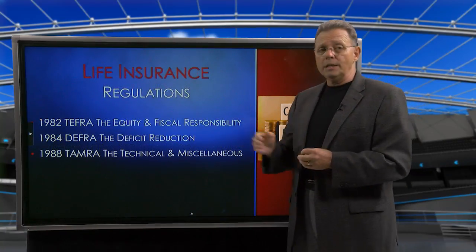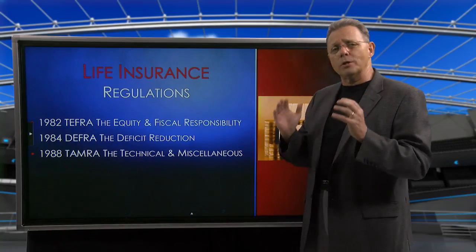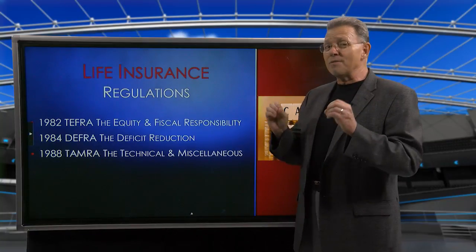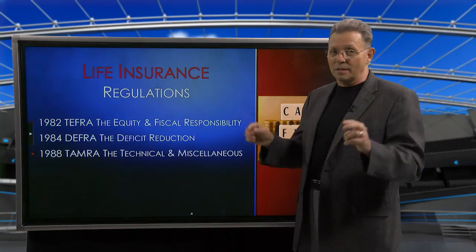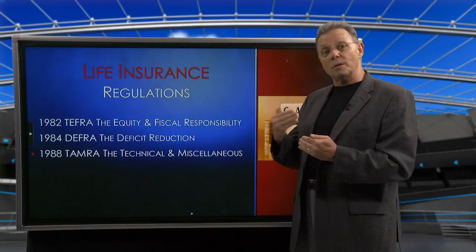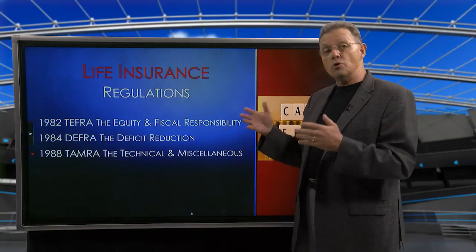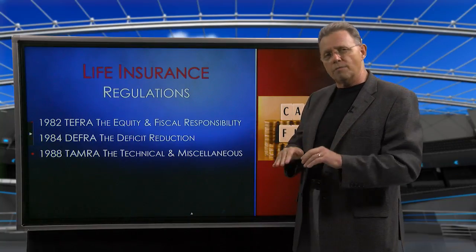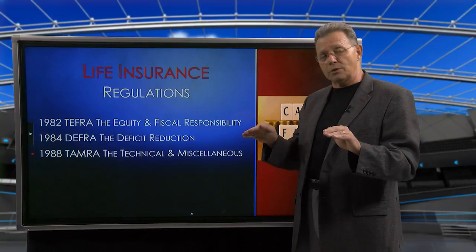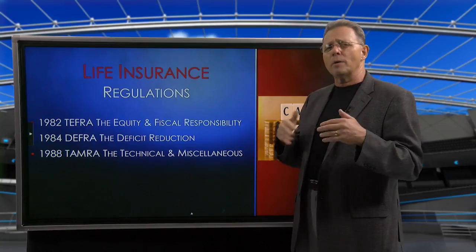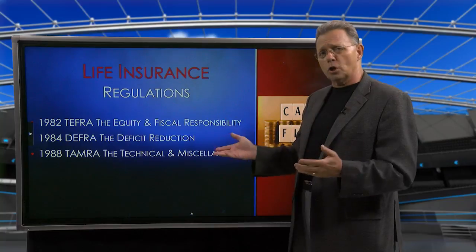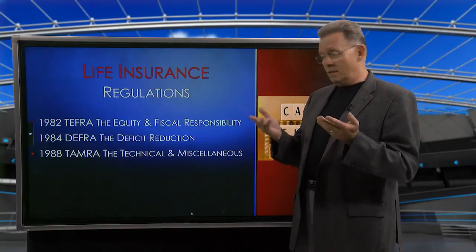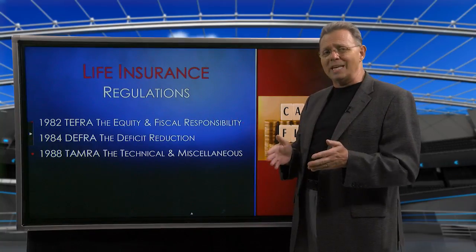Now, the regulations that we had here changed the map on how we understand things. Life insurance is one of the few contracts left that you can still get FIFO, and there's some caveats to this, but you could get some of your withdrawals to basis out. You don't have to wait till the end game. You could get some of that out now. Just remember, during the first 15 years, a rule that administrates the first 15 years of any contract is called the force-out rule. I don't want to get too much into the weeds here, but you just want to make sure the TEFRA law, the Tax Equity and Fiscal Responsibility Act, changed the way we take basis out.